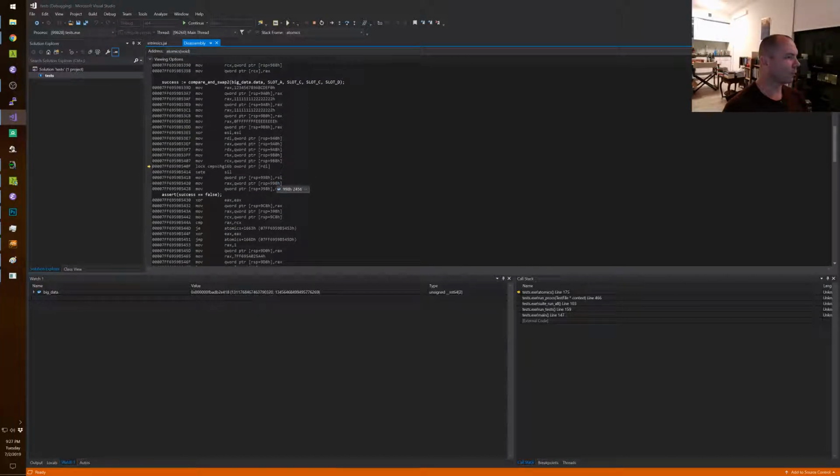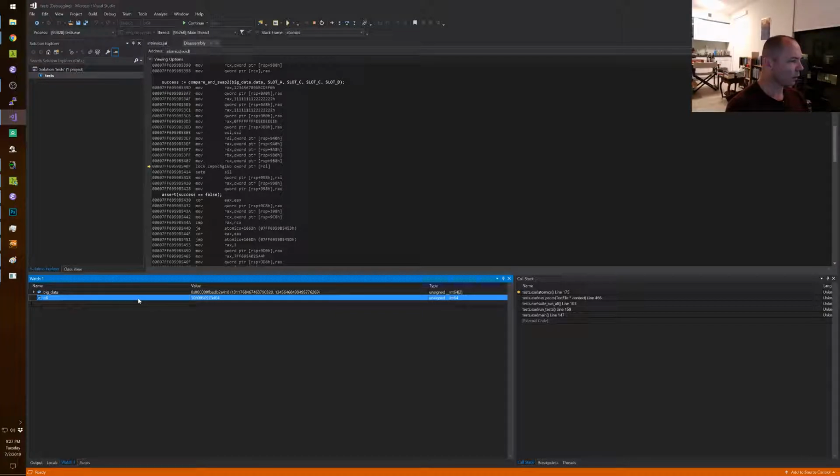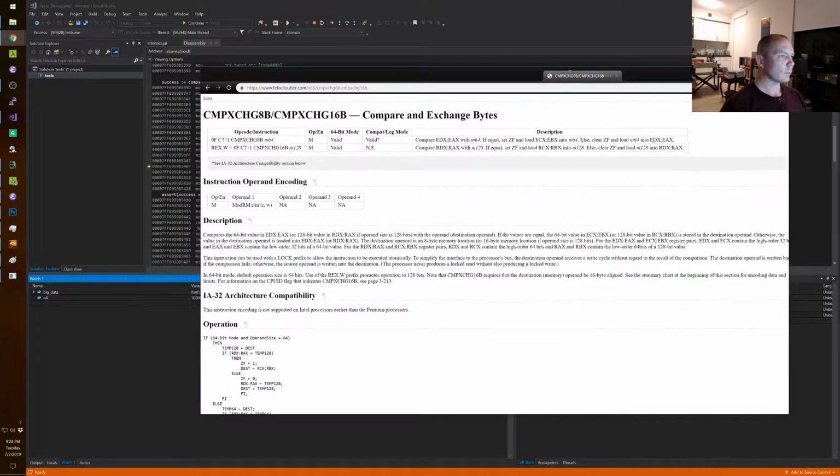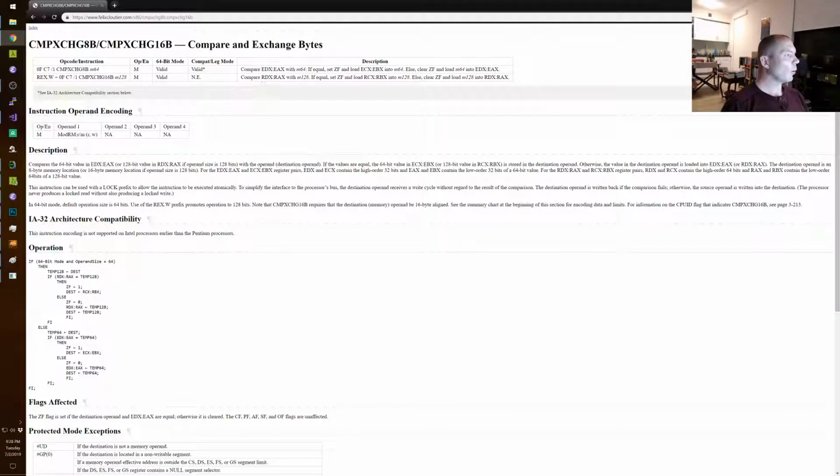Nope, it's trying to do the compare interlocked exchange. RDI, that's not -1. Okay, now I have to remember what this instruction does. Compare exchange 16B: compare RDX:RAX with M128.